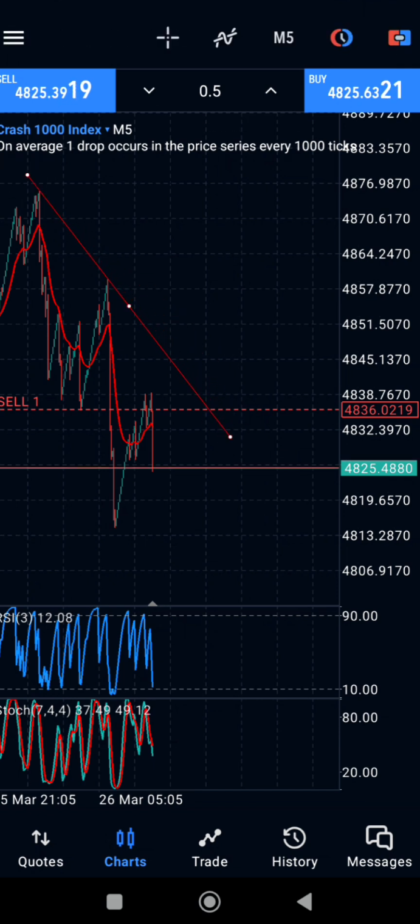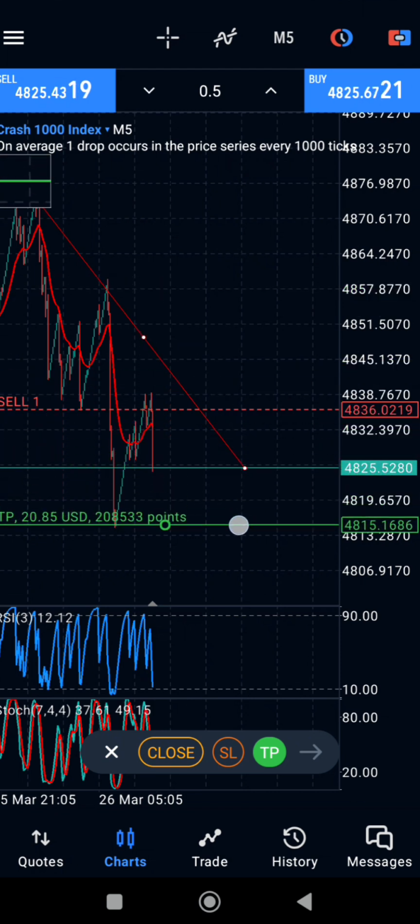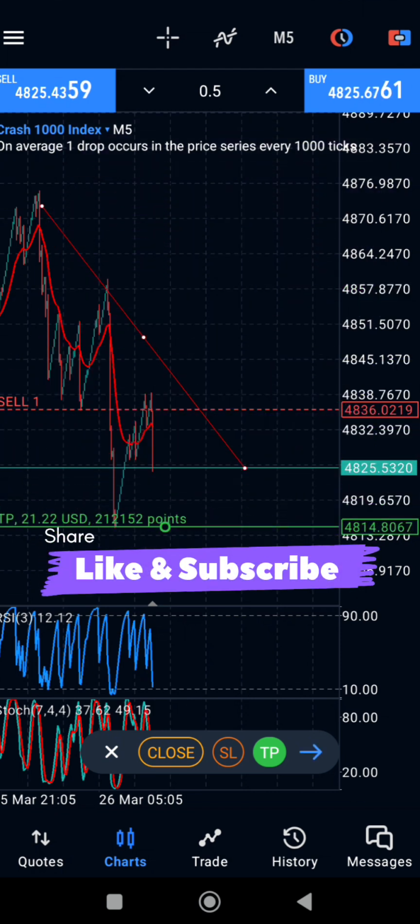You can see it's going down, and the TP level will be at this level here, which is exactly 21 USD, okay, with the lot size of one standard lot on Crash